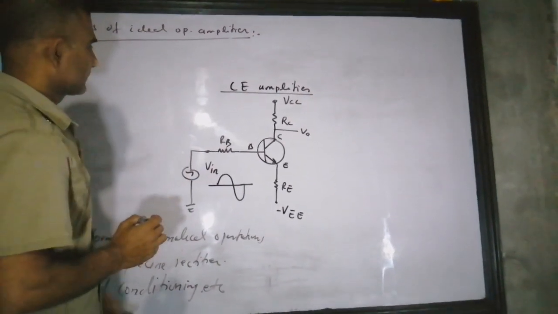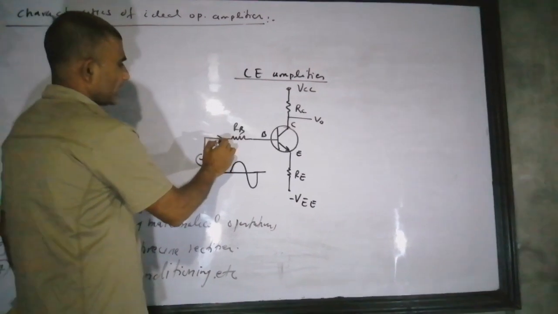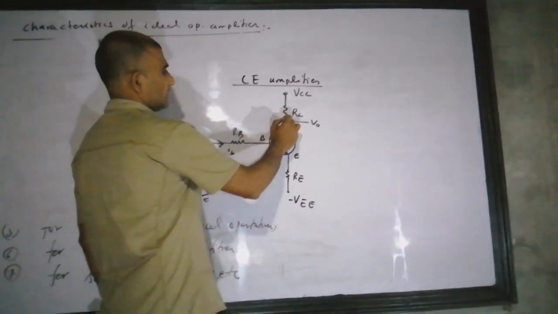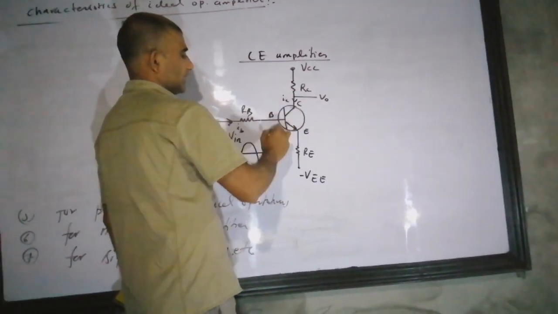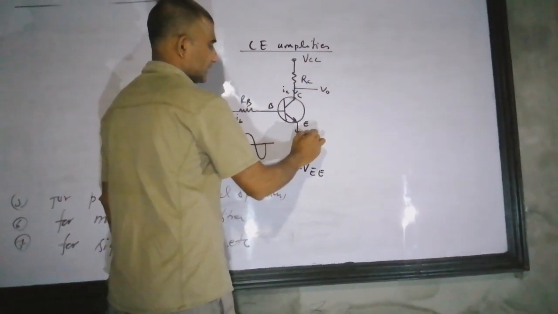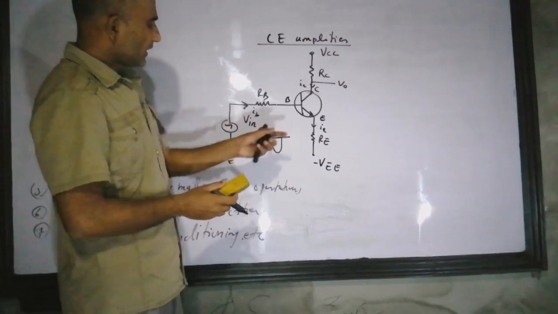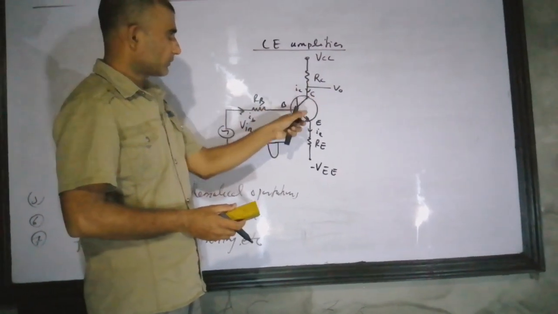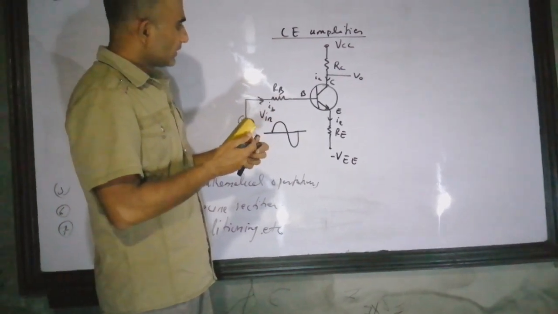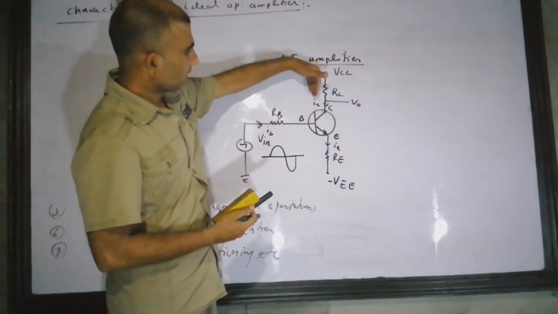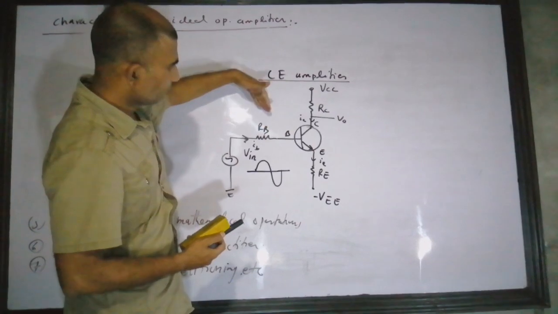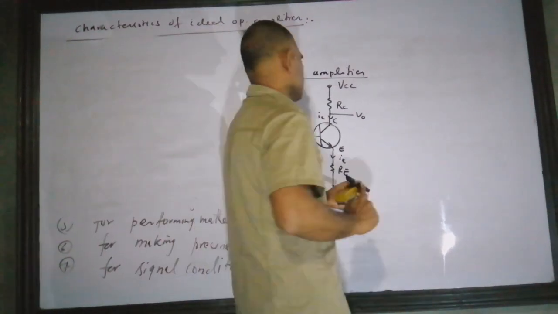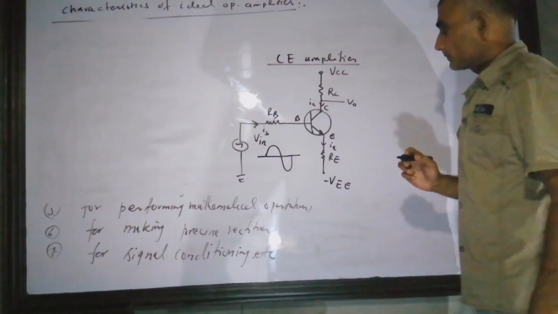How does it work? This is the base current, I suppose, and this is the collector current. I write IC, and the emitter current IE. And this arrow of the emitter shows the direction of current flow, so we do not get confused. Both collector and base current go towards the emitter in this case. Let's see how it works.